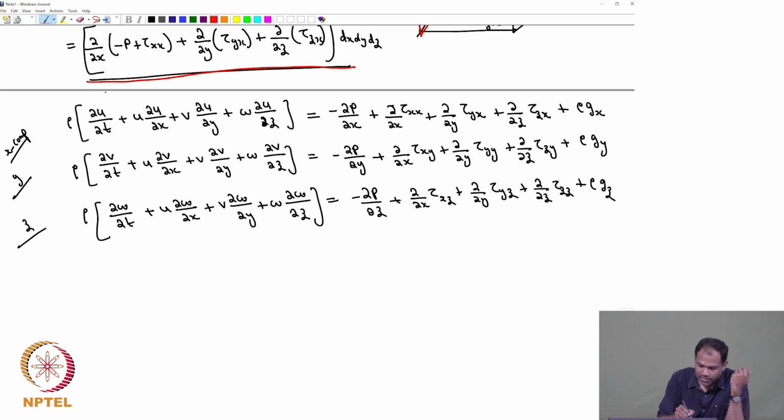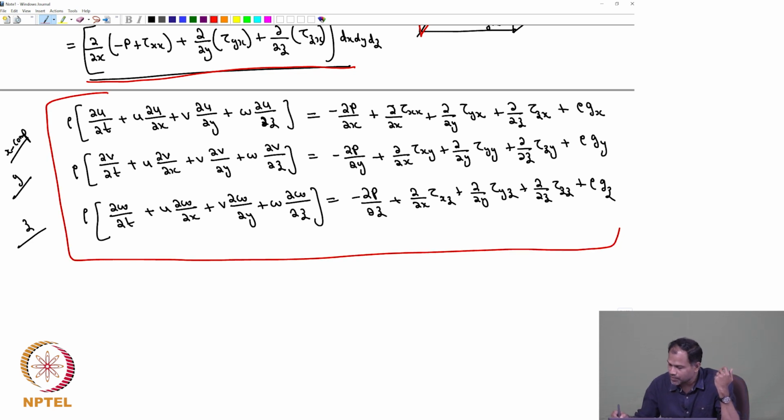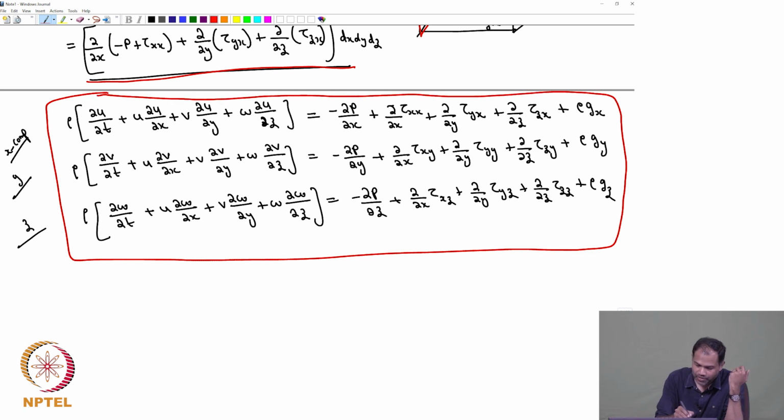Okay, so this is the equation of linear momentum written for the fluid element, in